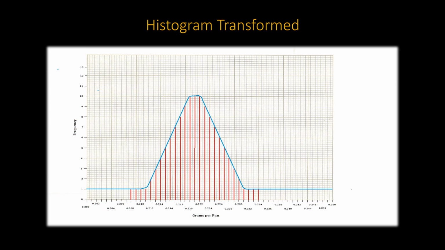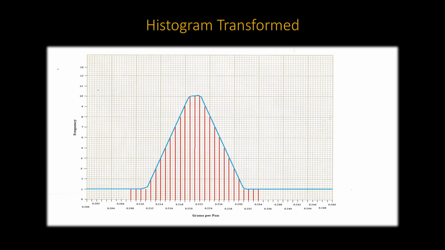As you can visualize, we have a lot more information now. We now have some specifics. If I wanted to know how many gold pans that I had that contained 0.222 grams of gold, just by looking at the chart I can say that I had 10 pans. You should now be able to understand why the more data you have, the more accurate. Instead of saying that I had 30 pans that had a range of 0.220 and 0.222 grams,